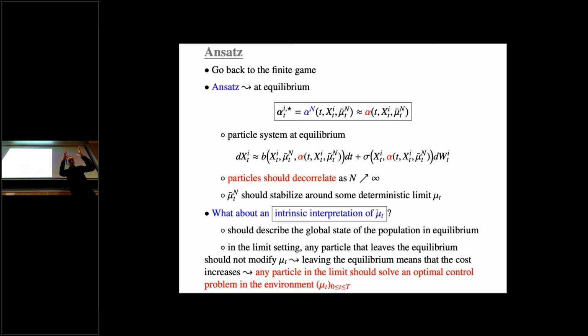And this is the next slide, and this is the main slide in this lecture this morning. I'm going to define mu t, so the statistical state of the population when n tends to infinity, as the solution of a fixed point problem. Fixed point is pretty usual in games. Usually equilibria in games are given by fixed points, and here this will be a fixed point on the space of probability measures, depending on time as well. So this is what I'm going to do.